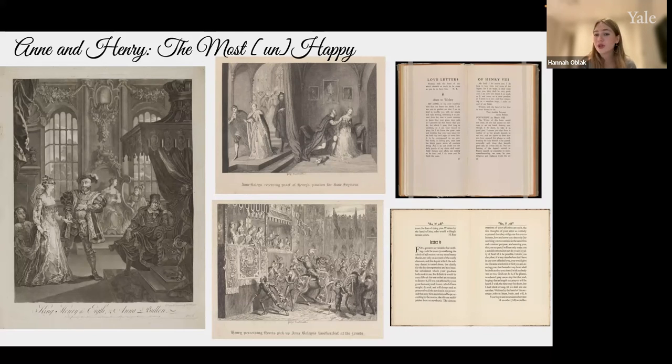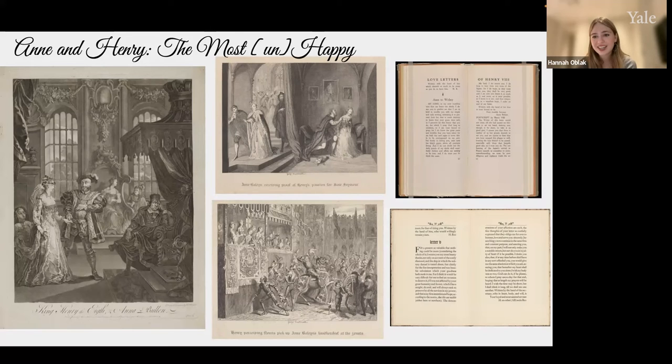But then in the two cartoons in the middle, done by George Cruikshank, you see these themes of infidelity and jealousy as they become internal to Henry and Anne's own relationship. So on the very top, Anne is spying Henry with Jane Seymour, who would then be his third wife, while below, Henry's jealous gaze turns on Anne and Henry Norris, who is one of the men who would later be executed alongside her. But by far the most striking part of the case to me are love letters between Henry